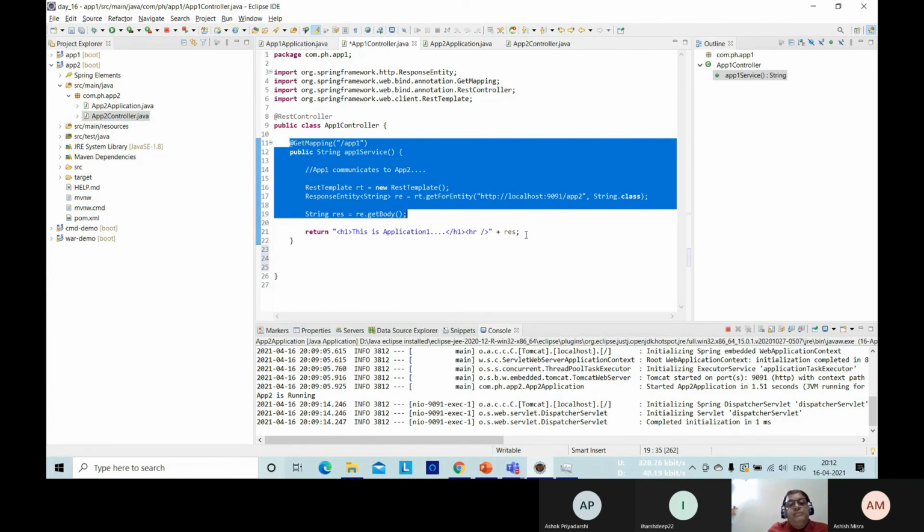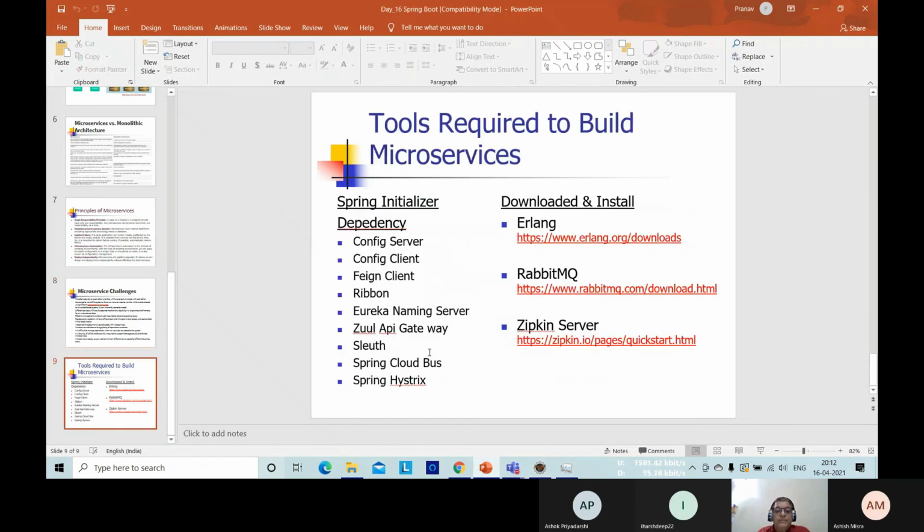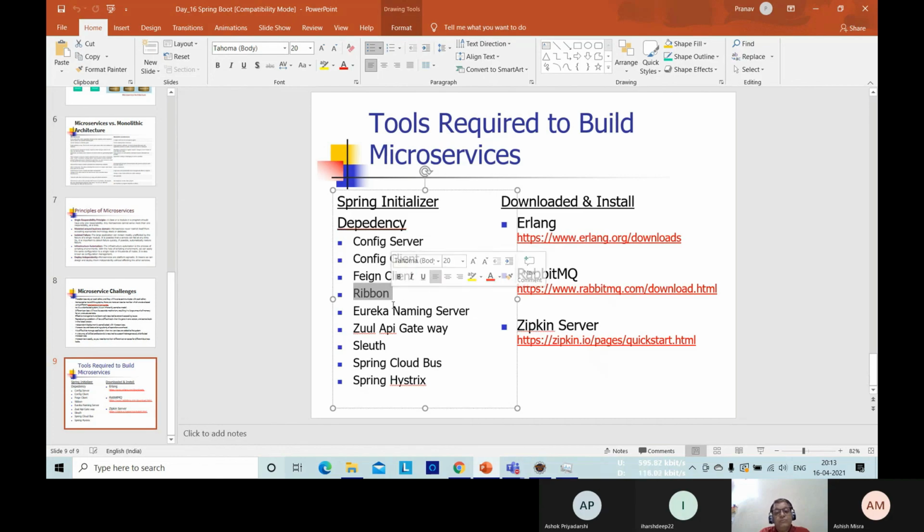different microservices. Now, while creating microservices, we shall be using different tools. We shall be using this different set of tools. Tomorrow, I don't think that we may require Erlang, RabbitMQ, Jenkins server, and so on. So slowly, you have to understand the concepts of each and every tool. Why are they used? How are they used? What are the merits, demerits, and their goal, their purpose to serve.